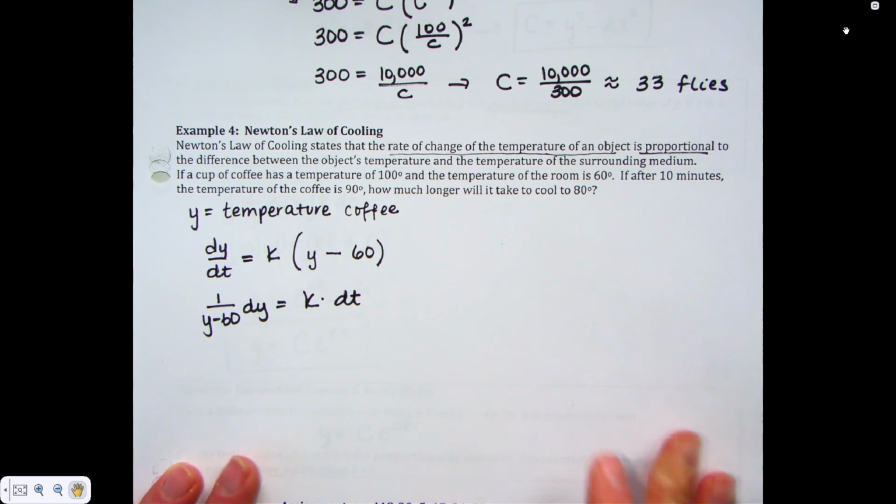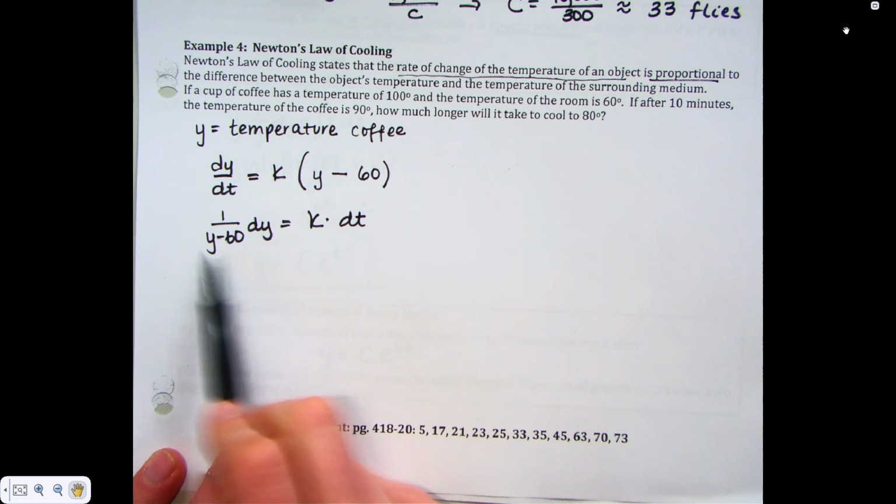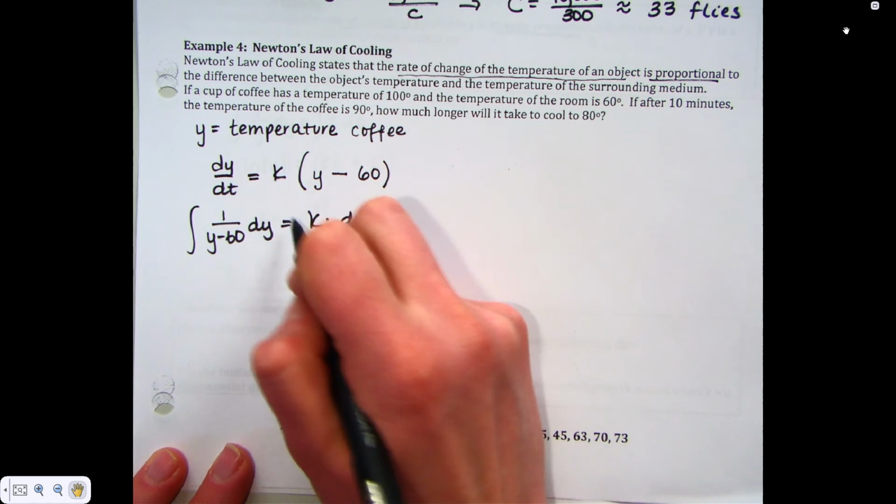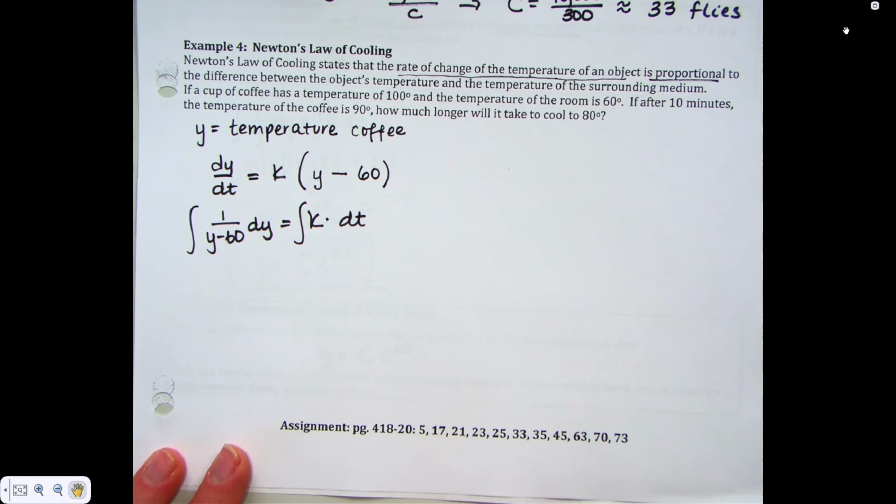and pull my t's to the right-hand side. So I have isolated the y's and the t's. Remember, k is a constant, so it can go either direction. I'm going to integrate. Just like I did on that very first page, I just happen to have a different